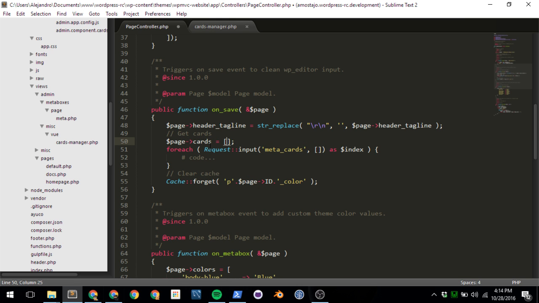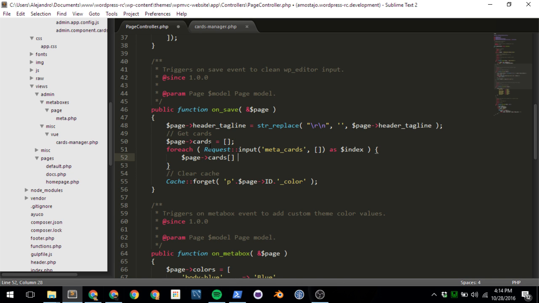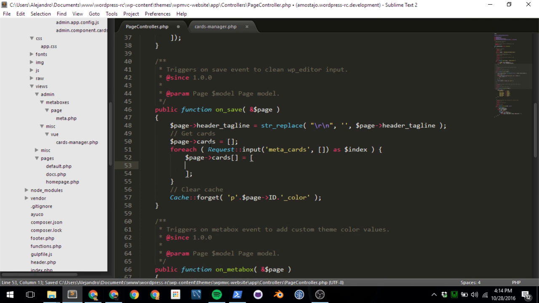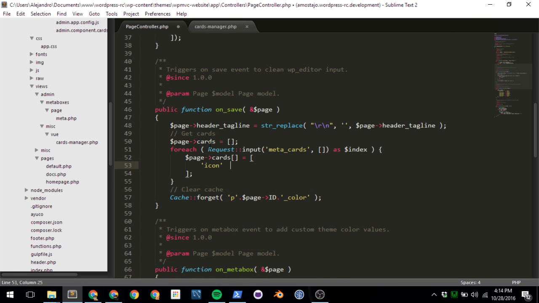We will always default it to an empty array. And every time we do this, we are going to create a page cards, and we're going to add a new card to our page cards. And the page card, we have an icon, right? The icon is